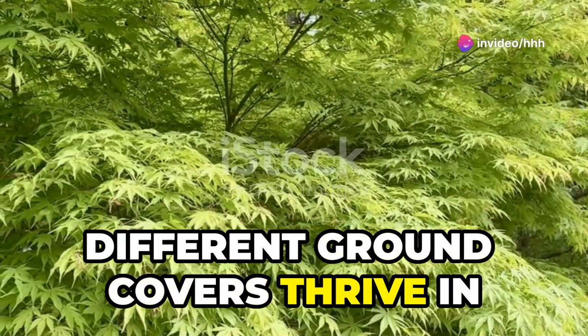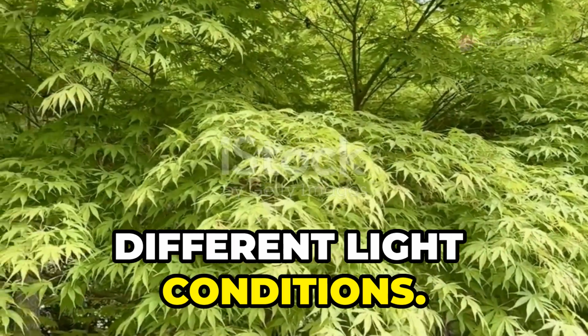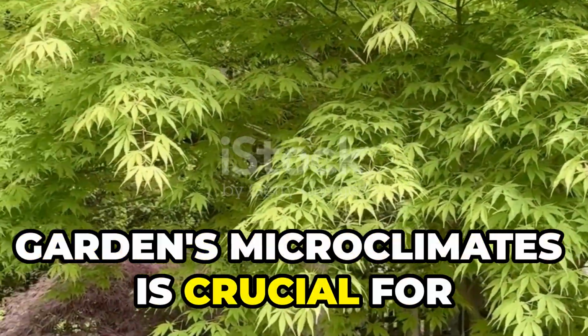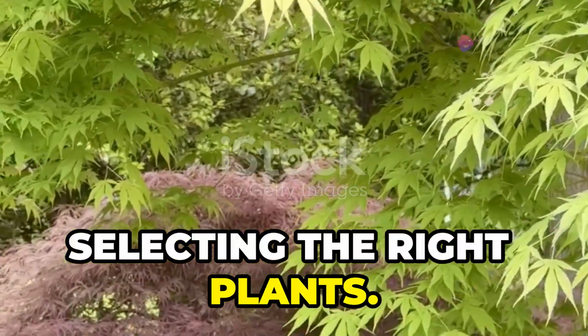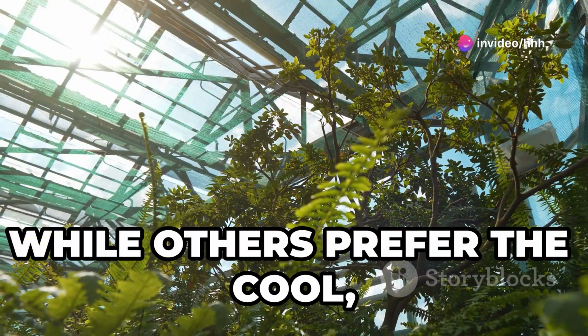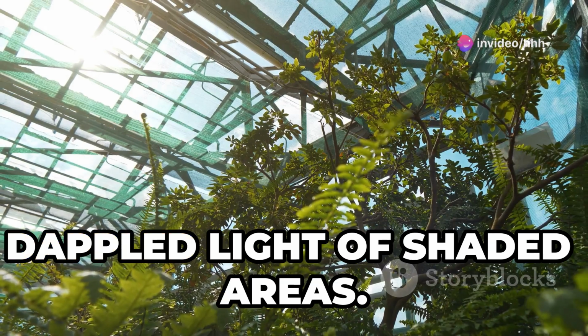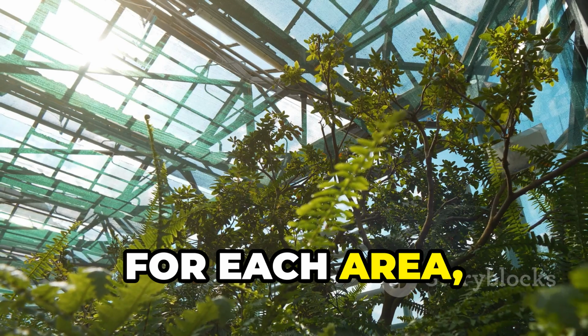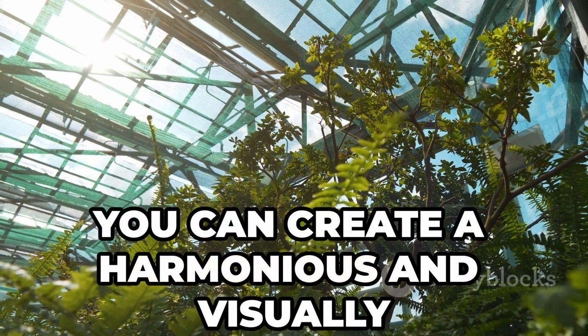Different ground covers thrive in different light conditions. Understanding the specific needs of your garden's microclimates is crucial for selecting the right plants. Some ground covers are sun-loving, basking in the full glory of the sun, while others prefer the cool, dappled light of shaded areas. By choosing the appropriate ground covers for each area, you can create a harmonious and visually appealing